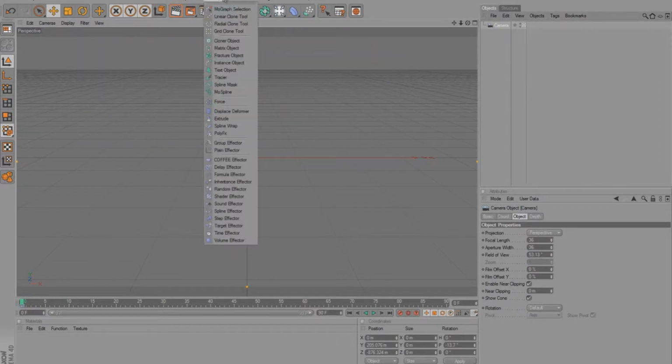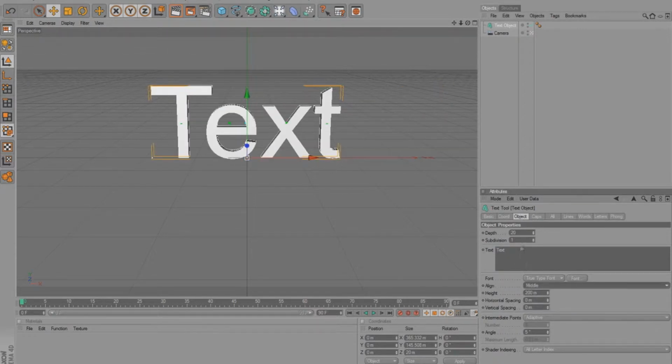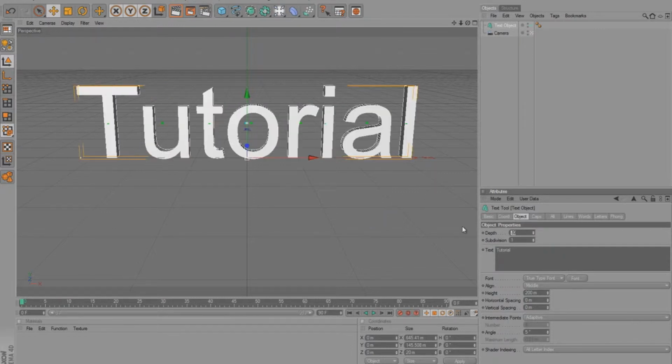Now you're going to want to go in MoGraph, click text object to open up your text. Every time I get a new text, I like to click on the align and put it in the middle to center it, and then change it. I'm going to change my text to tutorial like that, and change the depth to about 40, and my font is going to be,